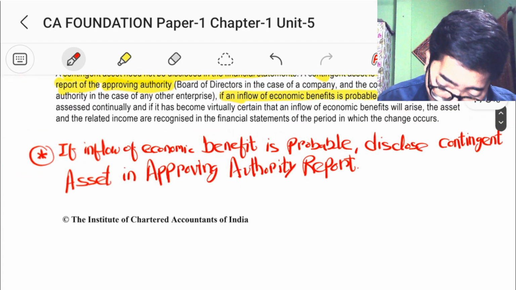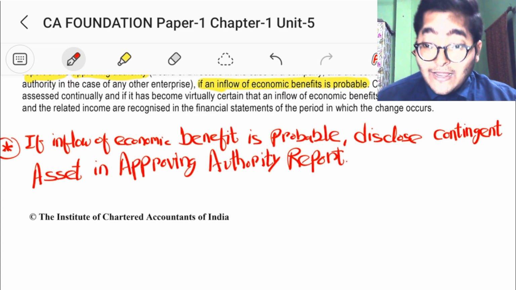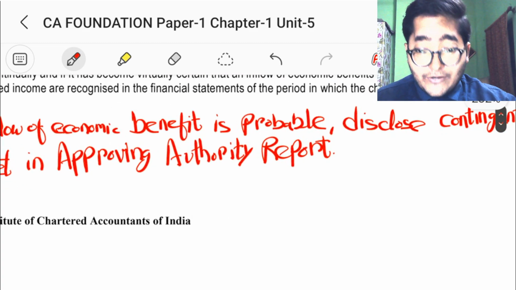I hope you are able to understand. If inflow of economic benefit is probable, disclose contingent asset in approving authority report